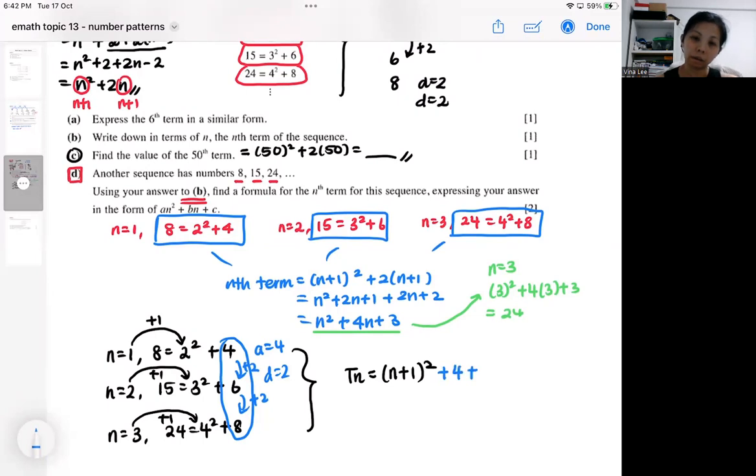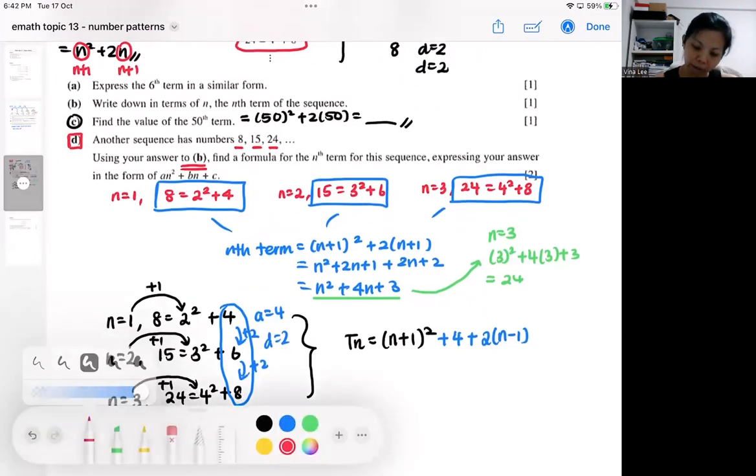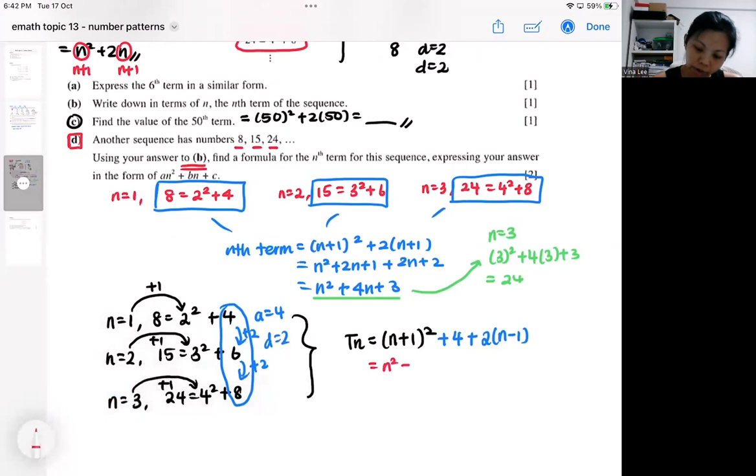If I do it this way, I will still get the same answer. I just focus on my expansion. You realize that you will still get the same answer